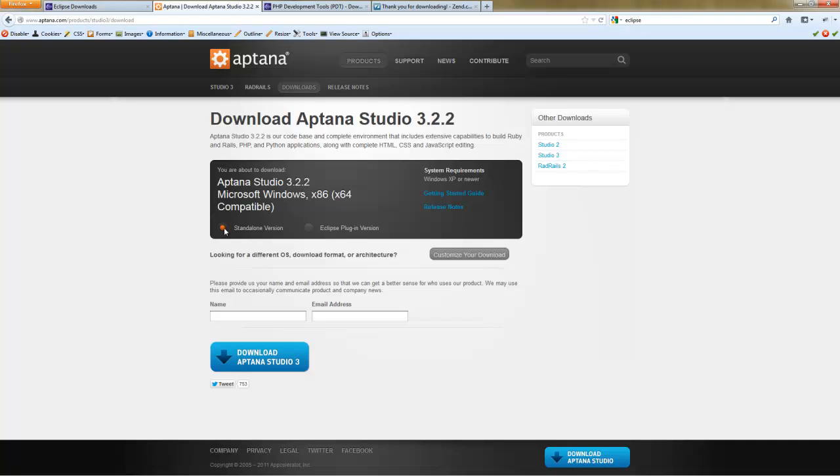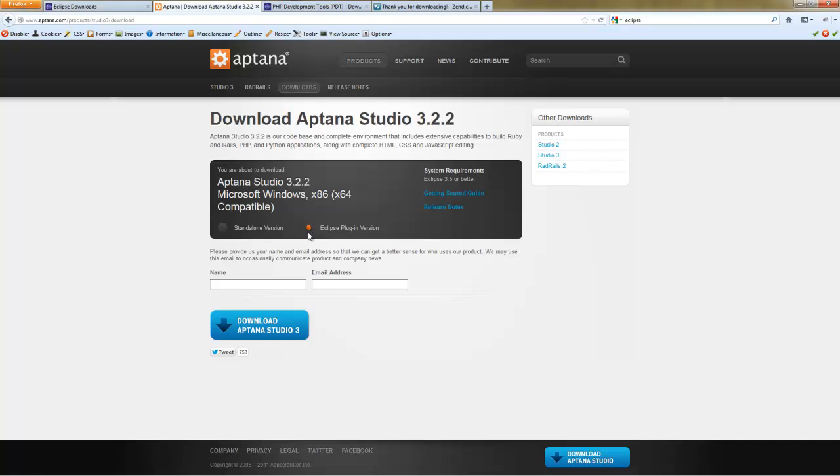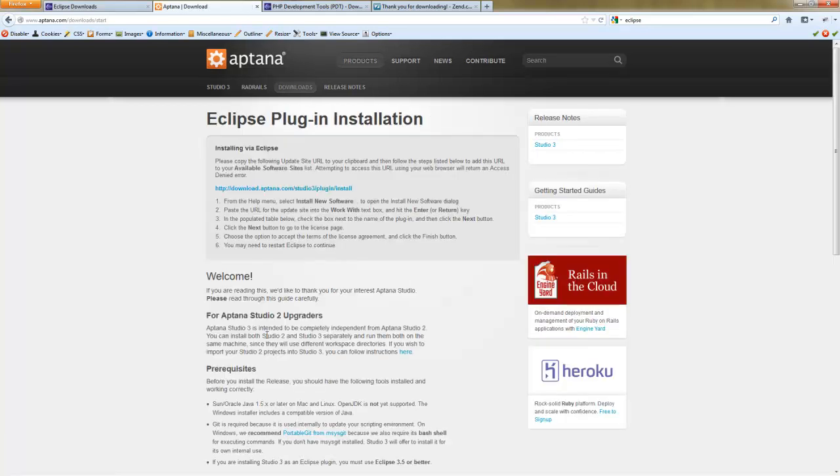And this is really important here. It says the standalone version, which we do not want. We want the Eclipse plugin version. So we check that and we click download. And what's interesting here is that we actually don't download it from here. We highlight this URL here and we copy it,